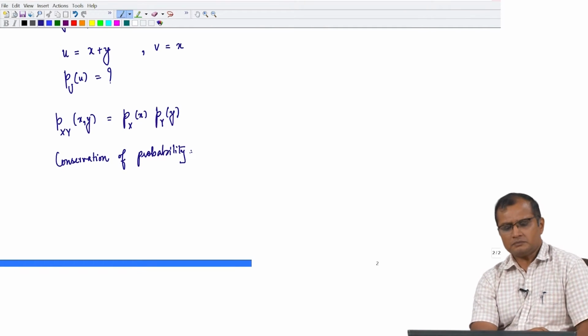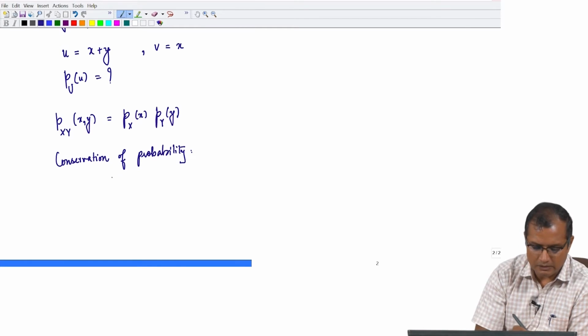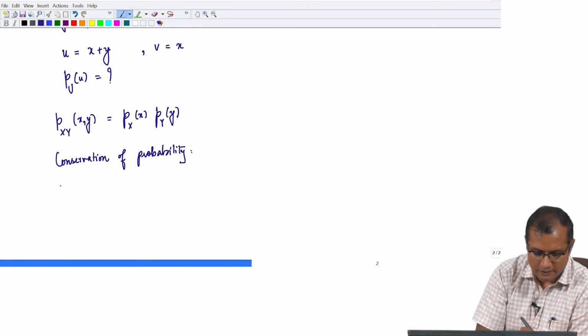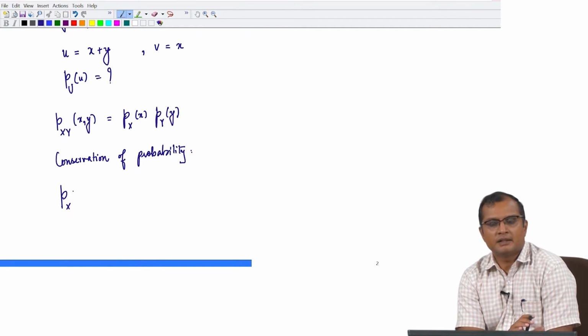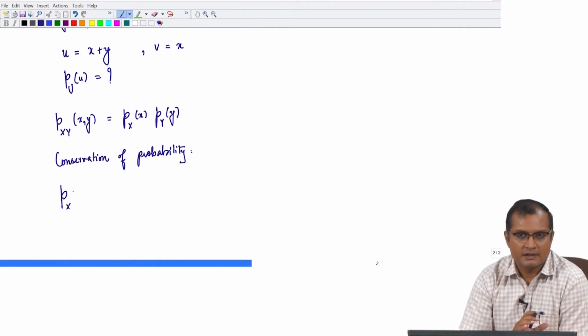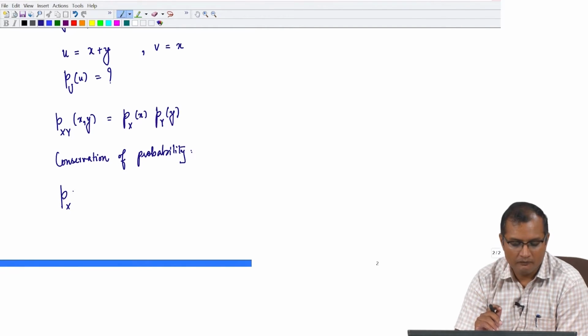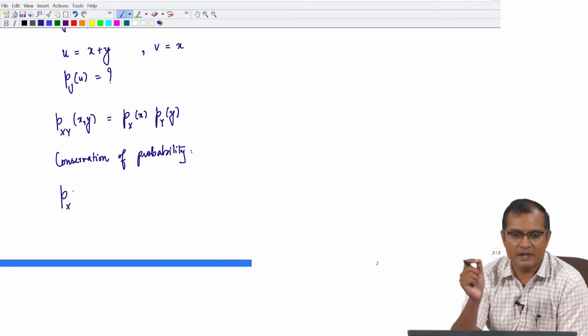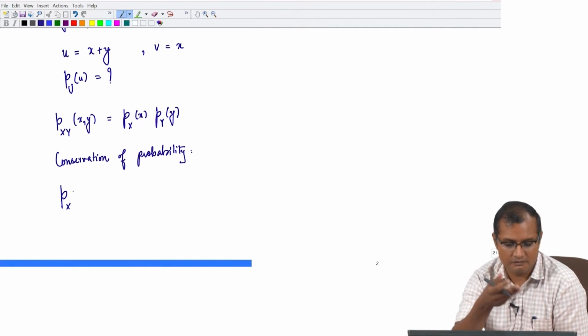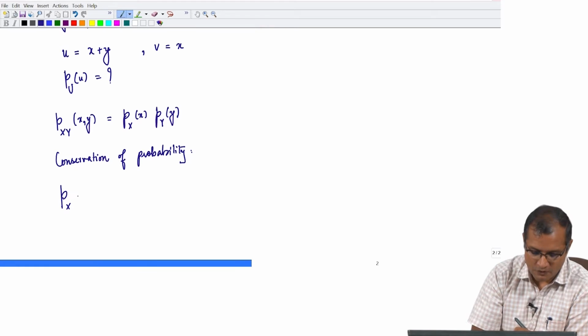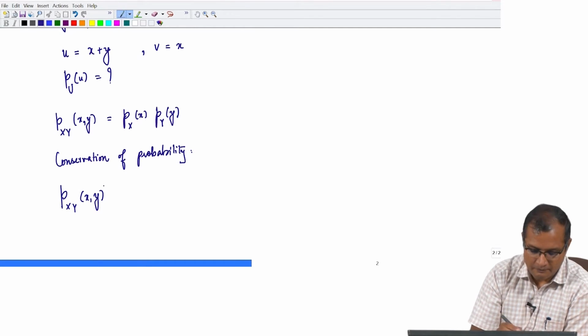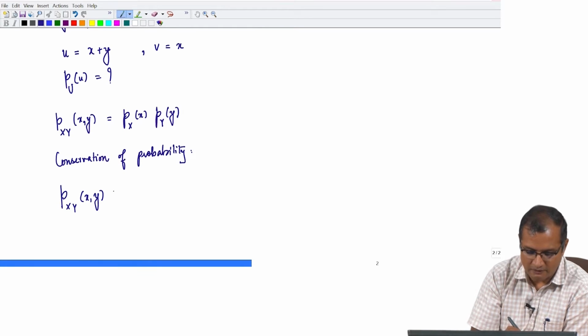So, we can just write down the probabilities to find the x, y in the range x and x plus dx, y plus dy, such that the sum x plus y is z, or sum x plus y is u in this case. So, I am going to write down this as p_xy(x comma y) dx dy,